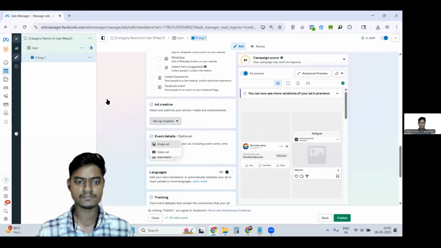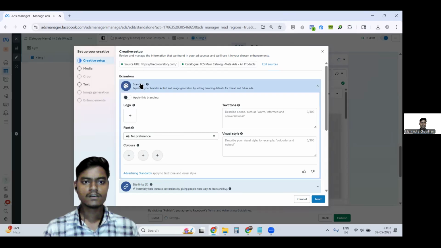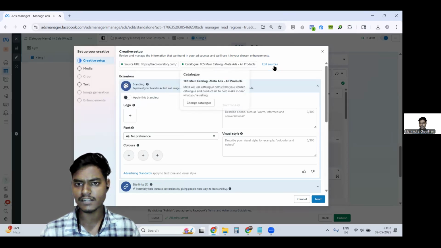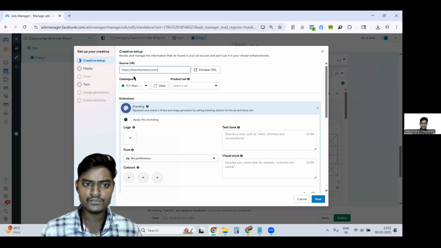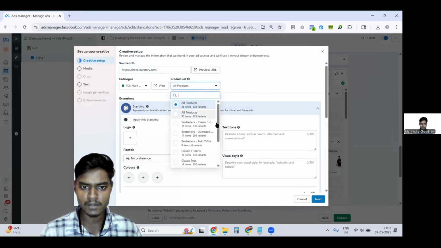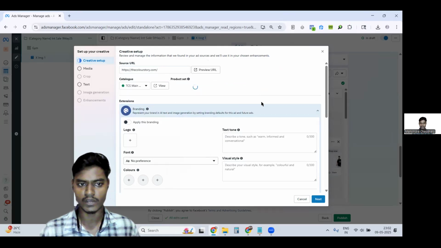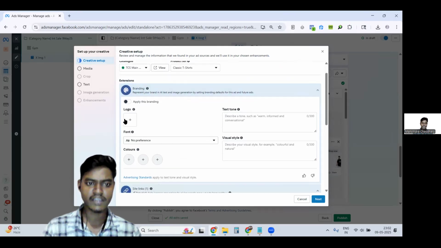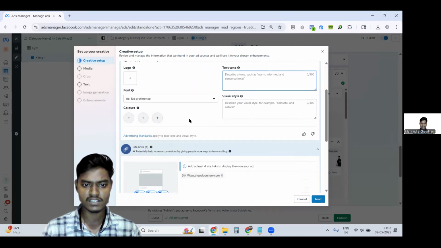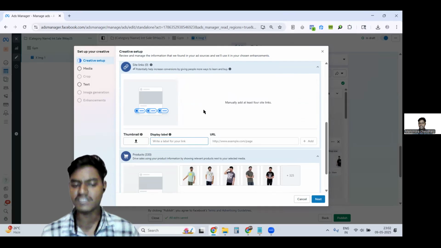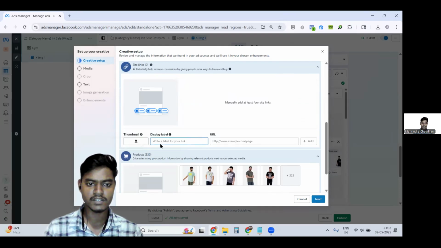I'll go with image ad. So first of all, here I will choose the source. This is the URL that I have provided. And then from here, I'll select which category I am trying to promote. For example, this one, just to give you an example. And then I'll add the logo, text tone, and everything here. And then come down below. From here, we can add some site link extensions, like there will be a display, for example,